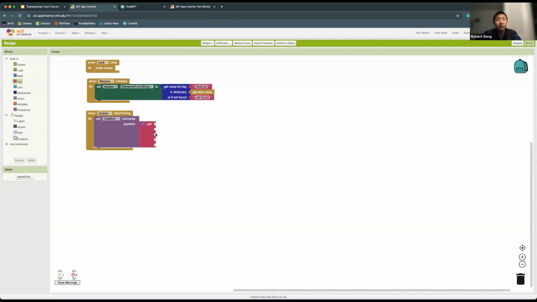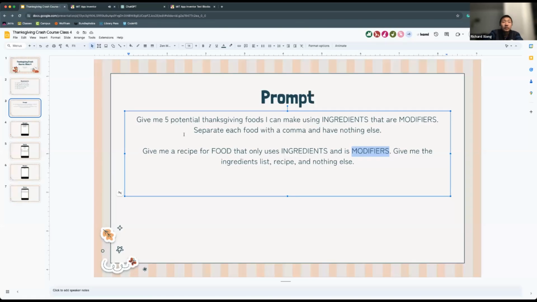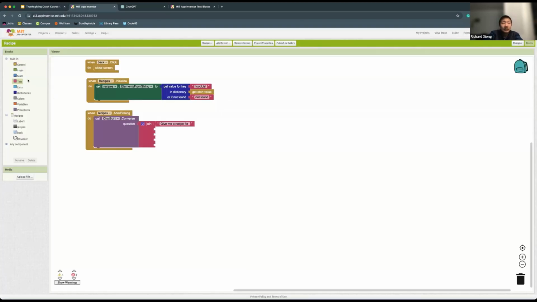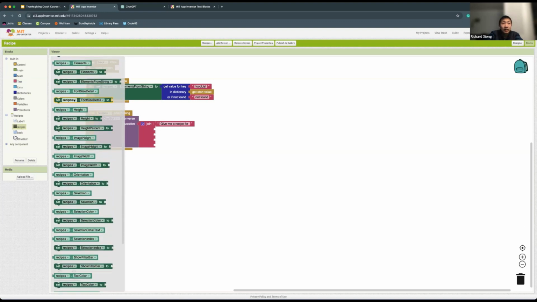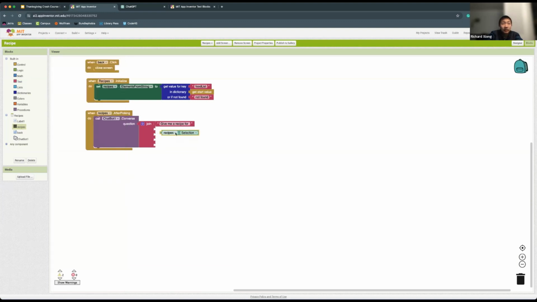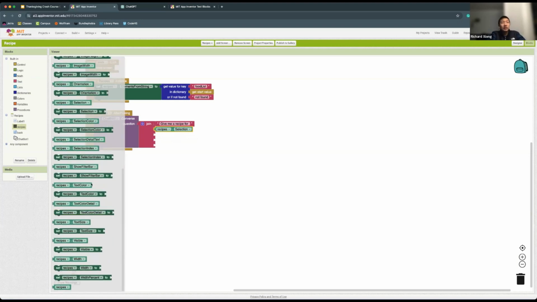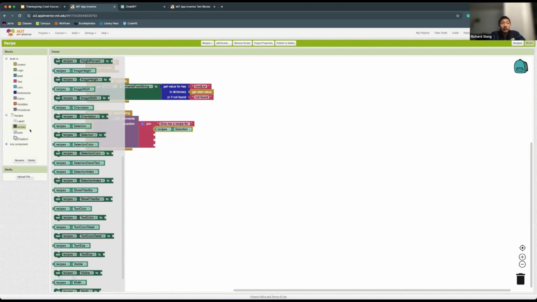So give me a recipe for, end quotes. Then we want to do the food that gets selected. So to do that, we're going to want our recipes, and then that is its selection. So this list view component allows them